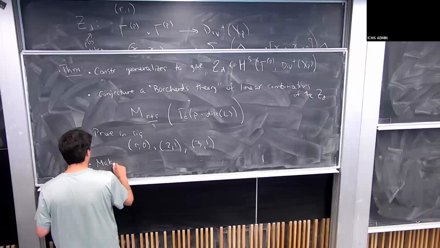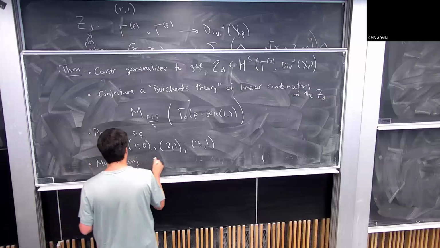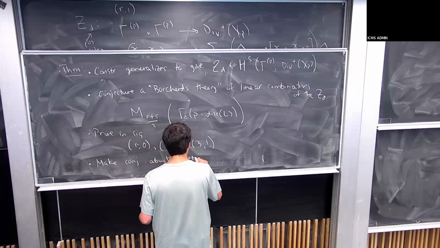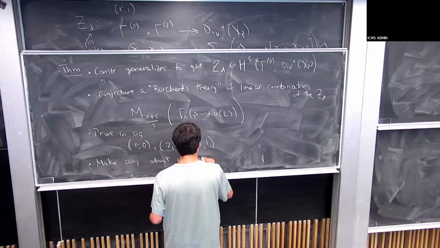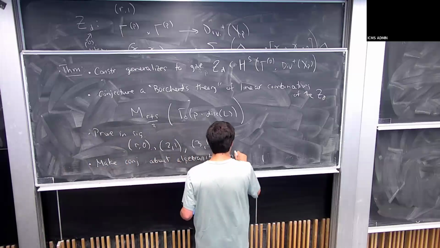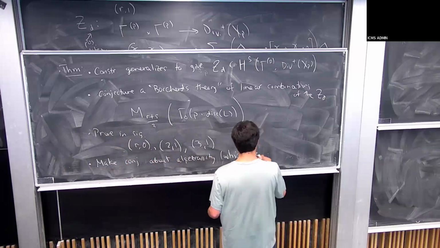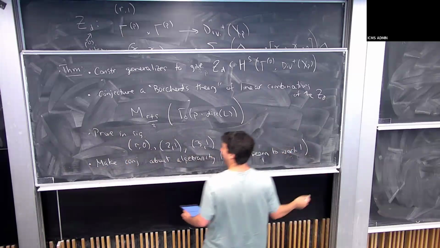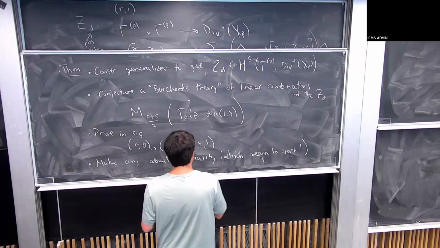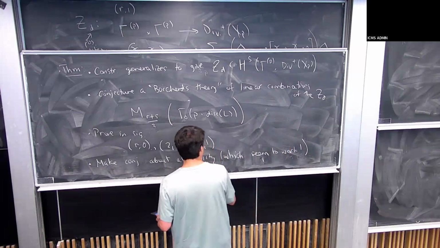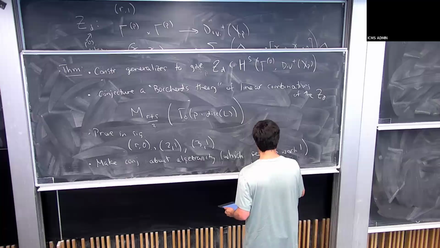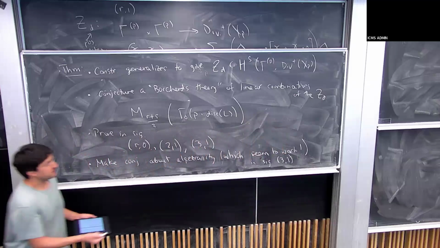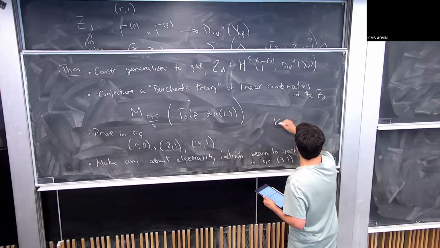And let me just cram in one more thing. We make conjectures about algebraicity of singular moduli, which when you check on a computer, they actually seem to work. Have any data to show us? I do. Okay, so we make conjectures about algebraicity, which seem to work, at least in signature, sort of this brave new world of signature 3-1. And I'll just say that the key input